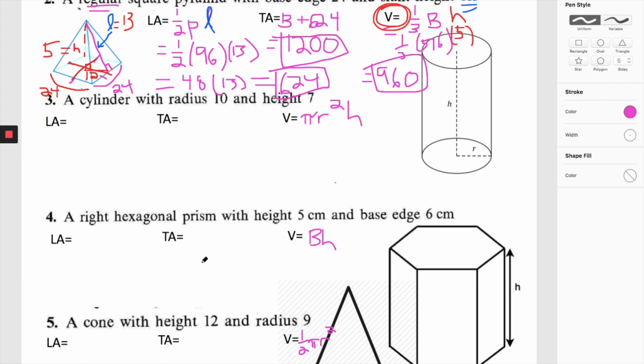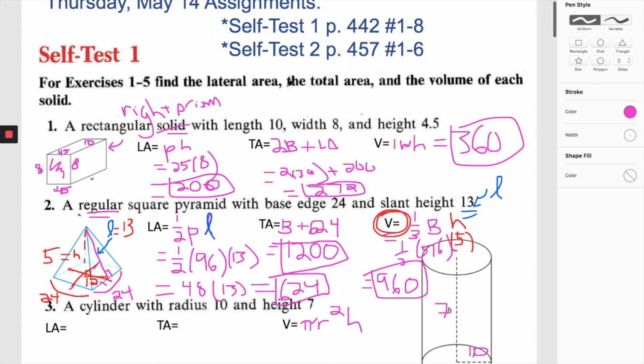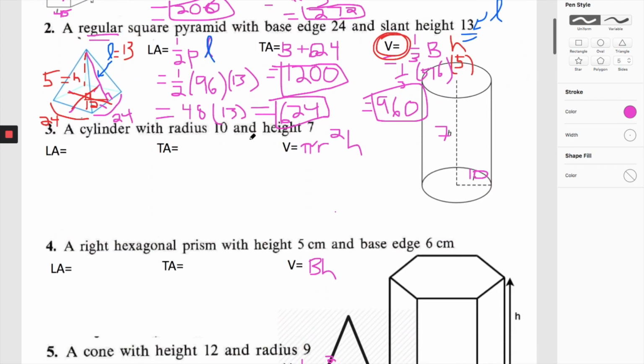A cylinder with radius 10 and height 7. Okay, so we got a diagram right now here. It's pretty easy, right? We got 10, height is 7. So it says cylinder. Did it say anything here? Okay, so we don't know if it's oblique or not. So let's assume it's right, I guess. Assume it's a right cylinder, and that's important because it needs to be a right cylinder in order to use